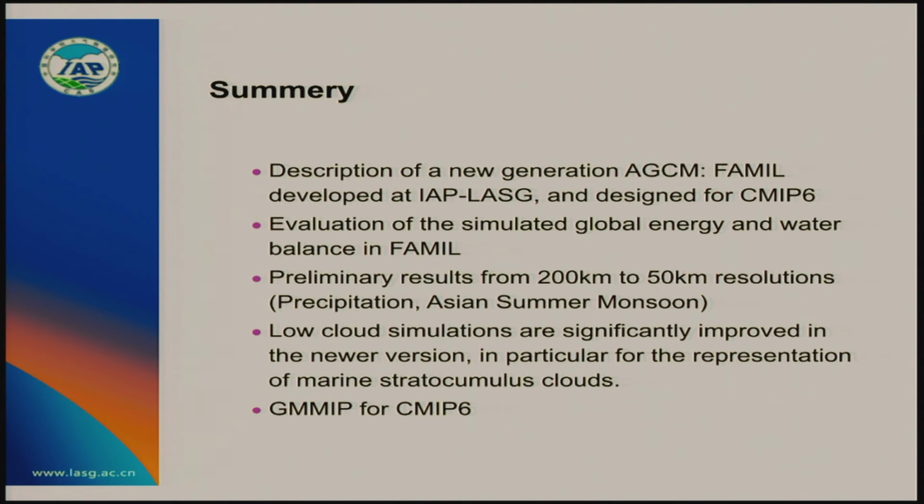Okay, this is a brief summary. First, I described our new generation AGCM developed in IAP LASG, designed for CMIP 6. And the second is evaluation of the simulated global energy and water balance in FAMIL. I also showed preliminary results from our 2 degree to half degree resolution. The ongoing work shows the low cloud simulation is significantly improved in the new versions, in particular the representation of marine subtropical cumulus cloud. And also I showed some